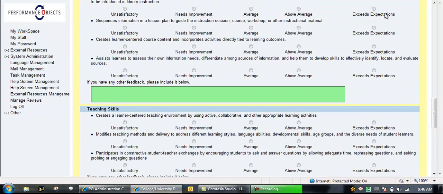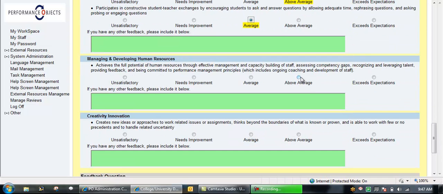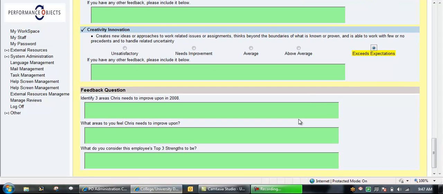Once the manager has completed the entire review, he will have a couple of options. We'll just finish answering these. The yellow highlighted makes it really easy on the eyes for both the manager and the employee to see what they have left. Down at the bottom, the manager now has some feedback questions asking him to spend some time thinking about his specific employee. We will just put in some general text here. And now he can save and share later,